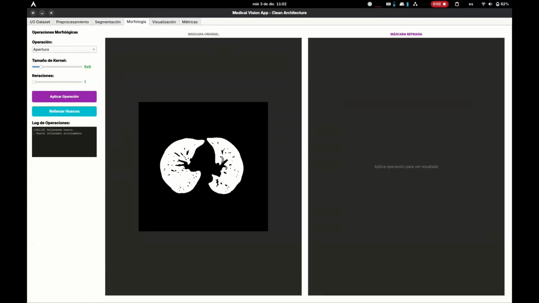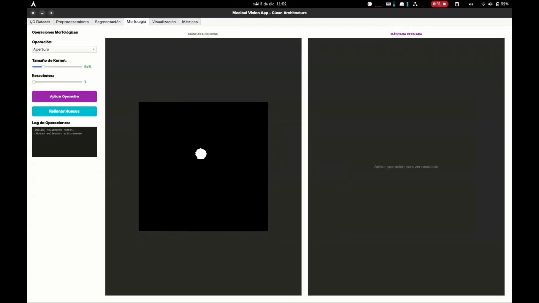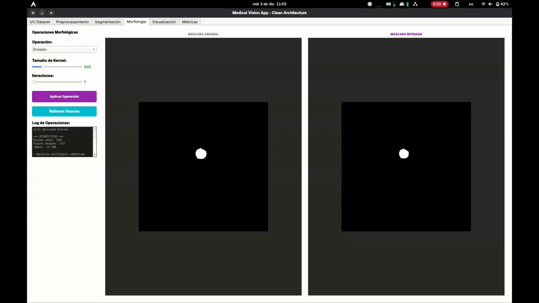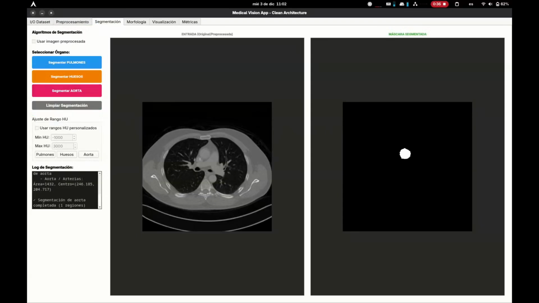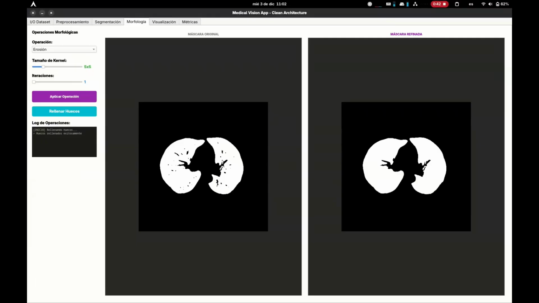Morphological operations. After segmentation, you might want to refine the mask using morphological operations. The app implements 7 fundamental operations: erosion, dilation, opening, closing, morphological gradient, top hat, and black hat. You can configure the kernel size from 1 to 21 pixels and the number of iterations from 1 to 10. Also, you can apply the erosion operation. And there's also this dedicated button for filling holes using a flood fill algorithm, which is perfect for closing internal